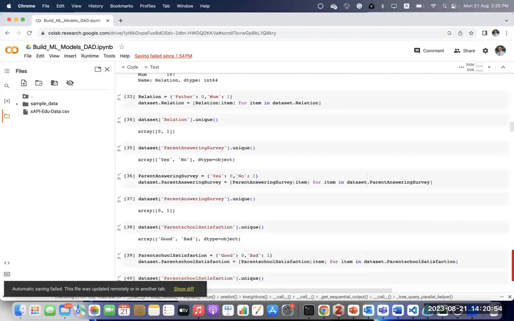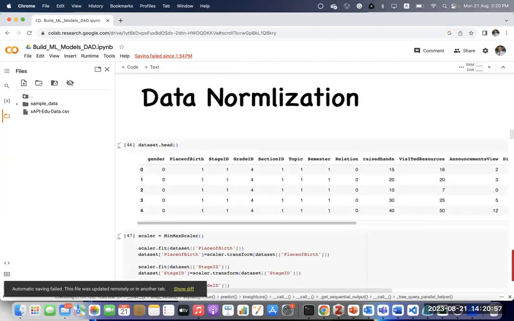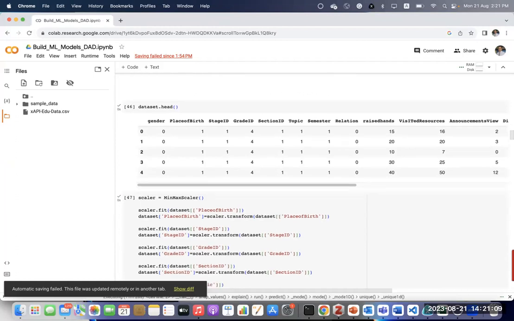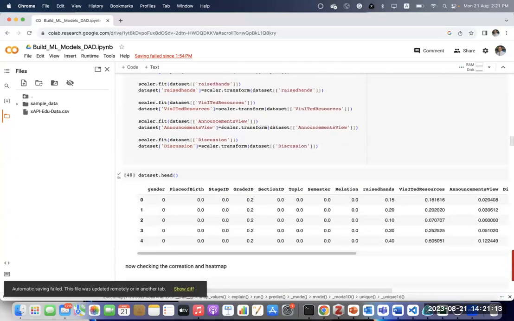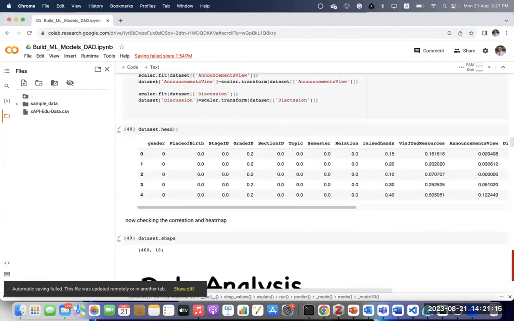After the encoding, you have the normalization. Once you convert the data to a numeric format, you have to do the normalization. We are using min-max, meaning that the values should be from 0 to 1. After normalization, the data should be in the range of 0 to 1.